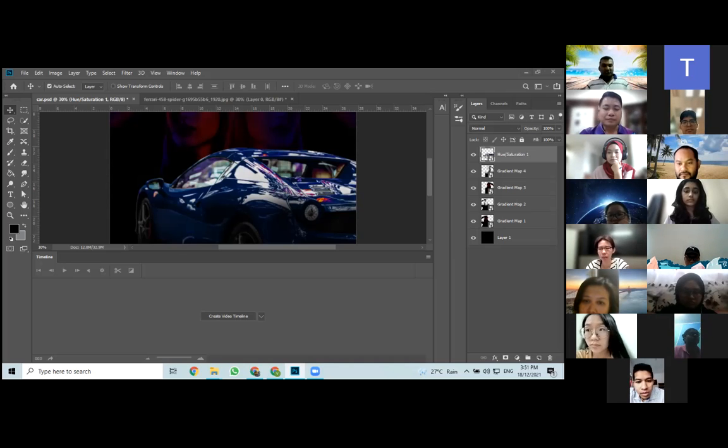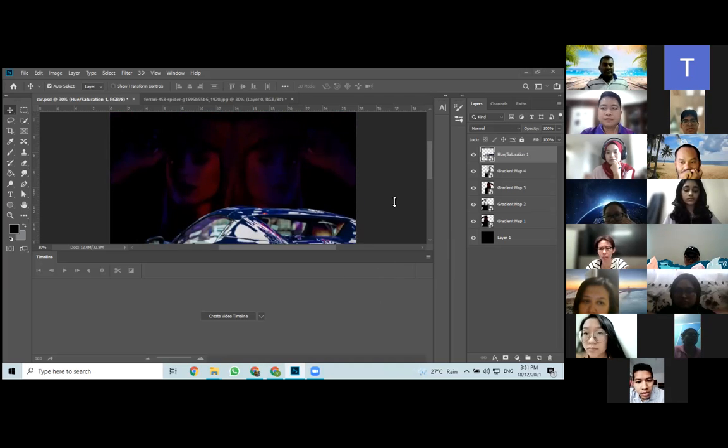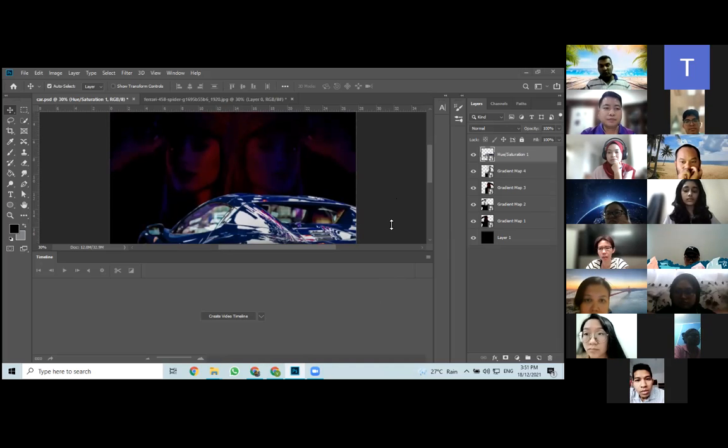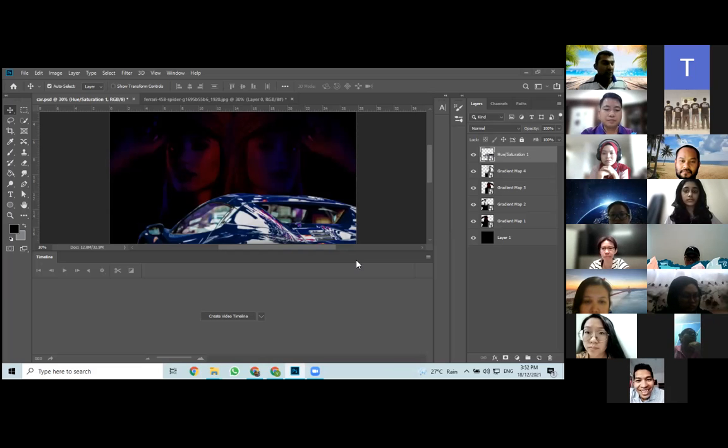Back to our Photoshop. This is in case you want to convert your artwork into an animation. As I said, there will always be better tools for you to use for animation, like Filmora or Movavi. There are plenty of other tools that you all have. But if anyone wants to try out how to use Photoshop,